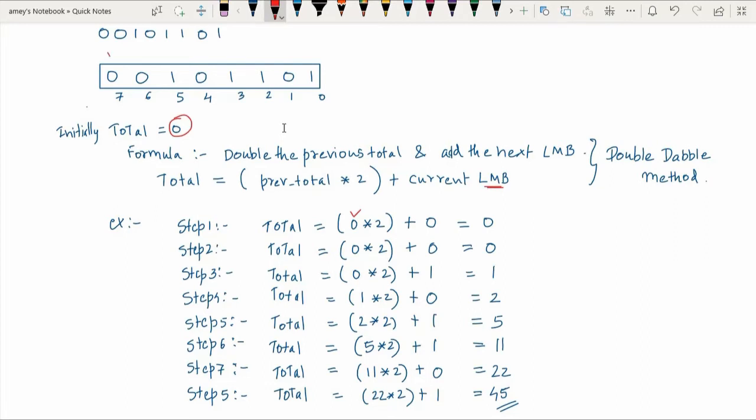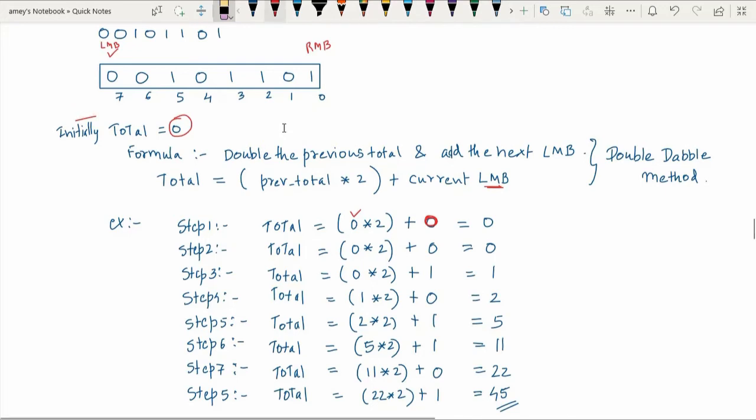The current LMB happens to be 0, right? That's why I have written 0 here. This is basically the leftmost bit, and this is the rightmost bit. This is called the most significant bit, and this is called the least significant bit. Sorry, I have written it the other way around.